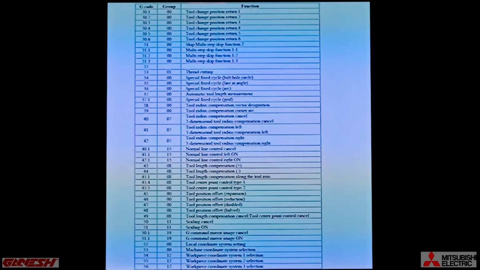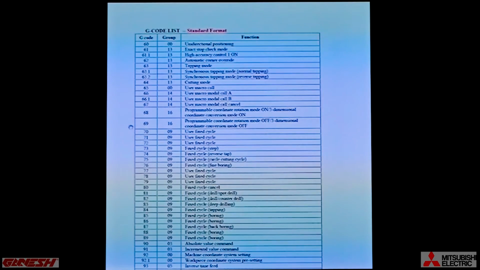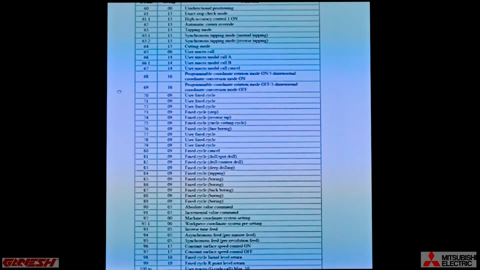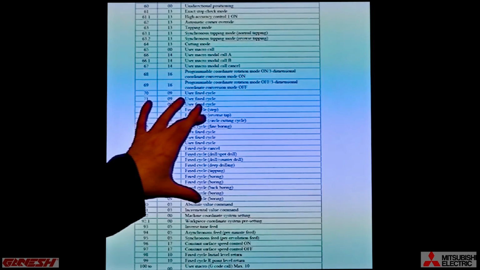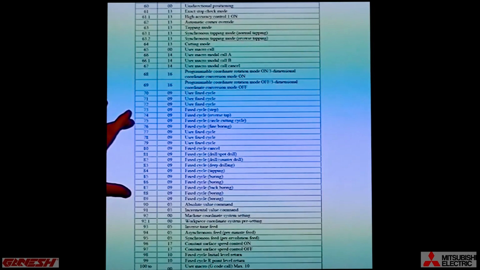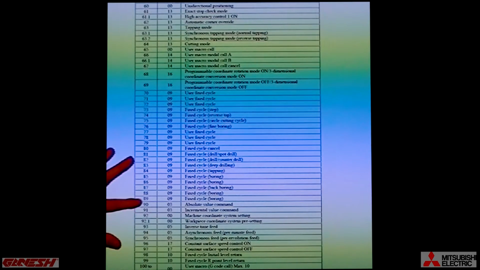Going off to our next page of G-codes, the ones that really come into play are from G75 through G88 and G89. Those are all the different fixed cycles that we talked about, most of them in this session. There's G90, G91, those are absolute. And the rest of these, not too critical to remember, other than